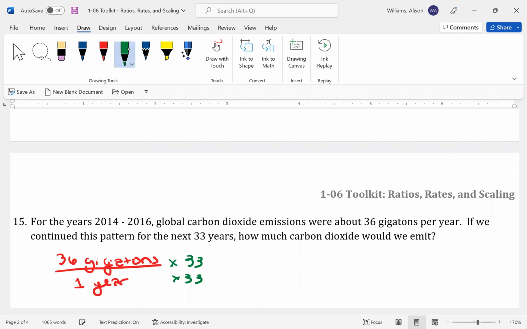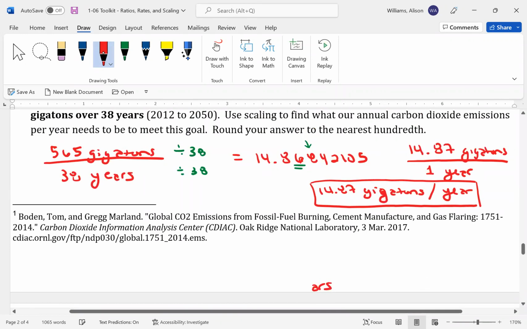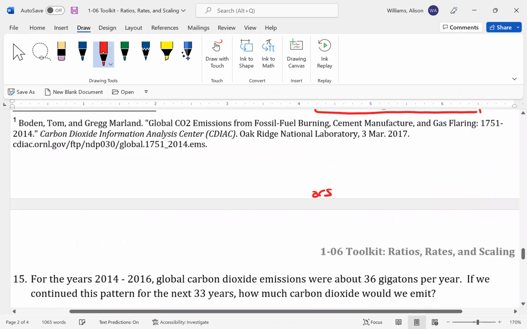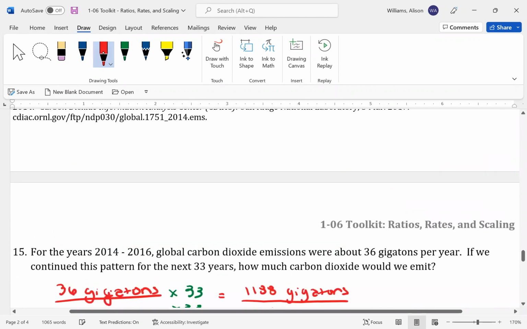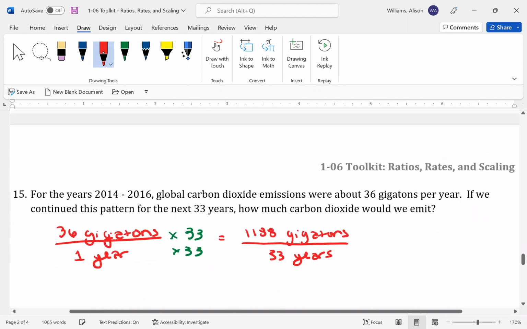All right, so on my calculator, 36 times 33, I am getting 1188 gigatons for 33 years, which is no good compared to the information we just saw above. If that's supposed to stay at 565 for 38 years, like we're already overseeing it. Sorry, the screen's wigging out because I'm moving it and it's having trouble keeping track of what I was